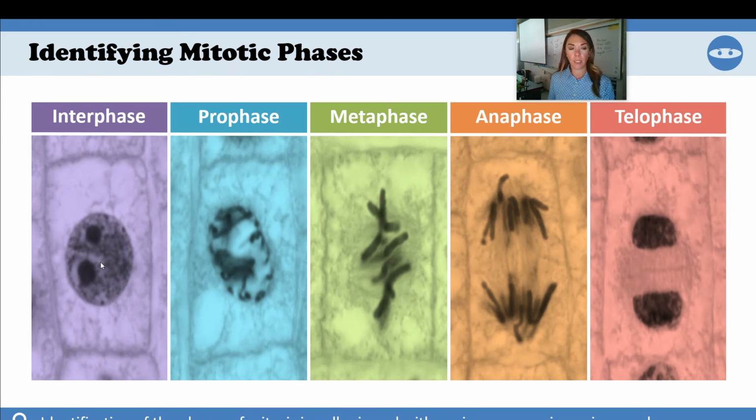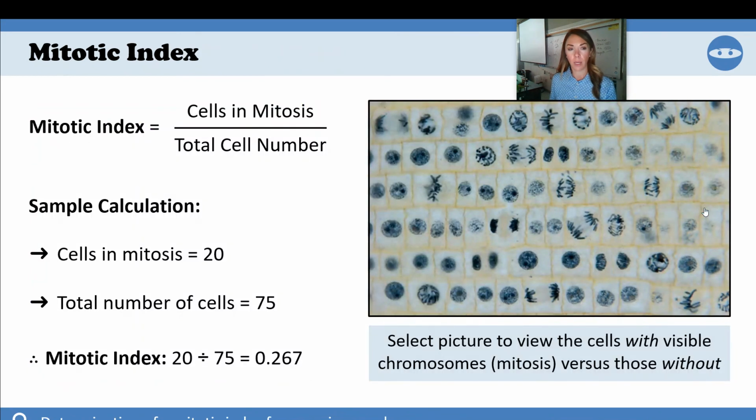So interphase, right? It's just getting bigger and starting to see the nucleus condense. Prophase, starting to become visible. Metaphase, I see it in the middle of the cell. Anaphase, I start to see them pulled apart. And then telophase is when I see the two different cells, right, with two different nuclei, right? This is bigger than this one and this one. This is more circular, and this one is, I can see them moving apart, okay? So pretty cool. You can see those underneath the microscope, and we will practice seeing those in class, okay?